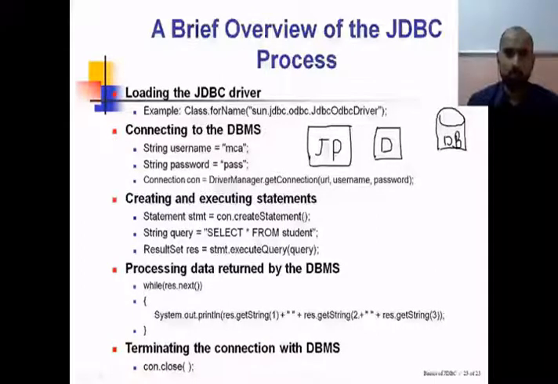So our application cannot directly connect with the backend database, and this connection can only happen through a database driver. Now, this driver needs to be pre-installed in the computer system, and once you have the driver, you need to load it into the computer's memory. For loading the driver, we have a method called forName. This belongs to a class whose name is itself Class. So Class.forName and the name of the driver which you want to load.